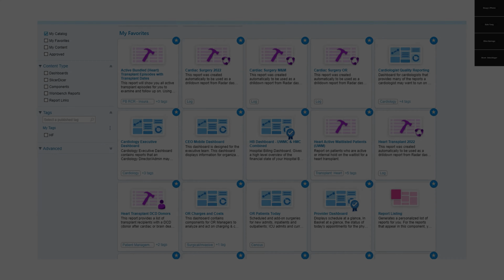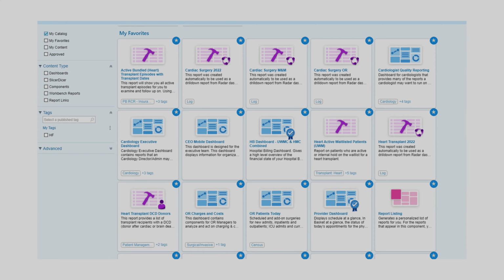There's a variety of tools in Epic. These are workbench reports, which many of you are probably familiar with. What you may not know is that it's pretty easy to customize any of these reports so that you're able to